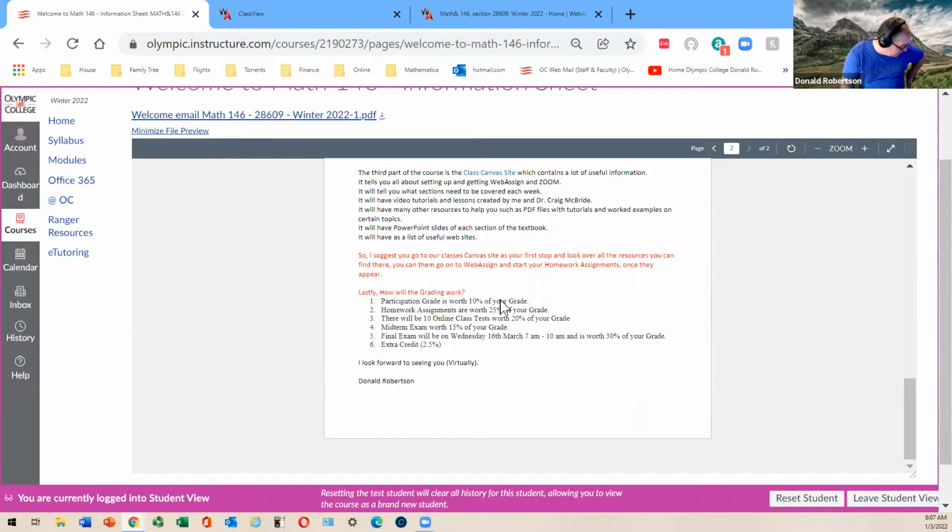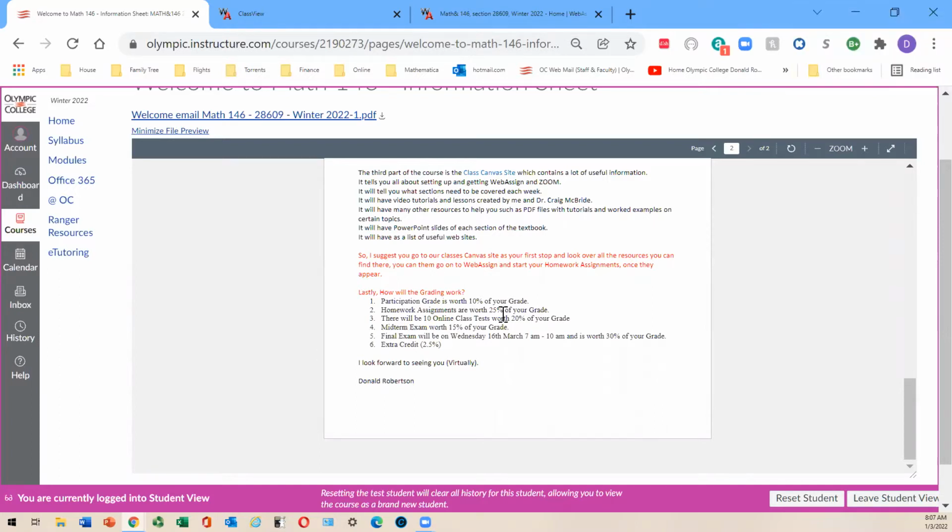And that is going to be 20% of your grade. And there are 10 of them, one at the end of each week, right? So you're getting 1 this weekend, number 2 next weekend, number 3 next weekend. And it will only be on the stuff that we do in the week. So the course is kind of broken into, this is what we're going to do week 1, this is what we're going to do week 2, and so on. Out of those 10, 2 will get thrown out. So if you have a really bad day and screw up a couple of them, they won't even matter because we won't count that. The best 8 gets counted.